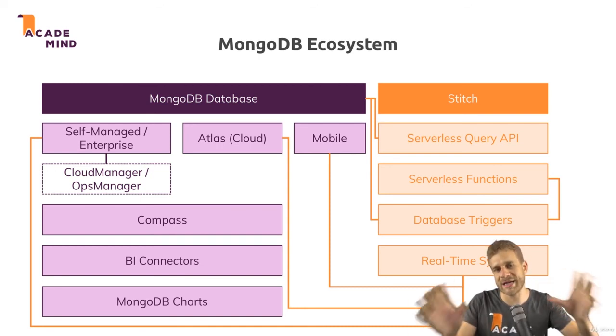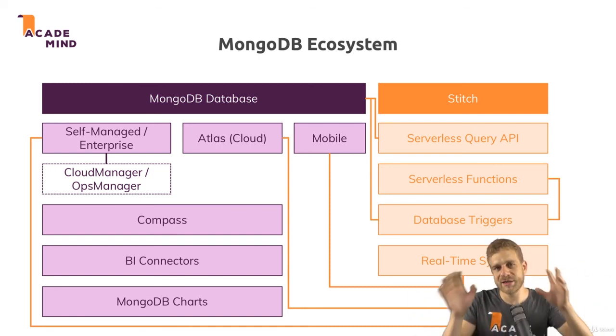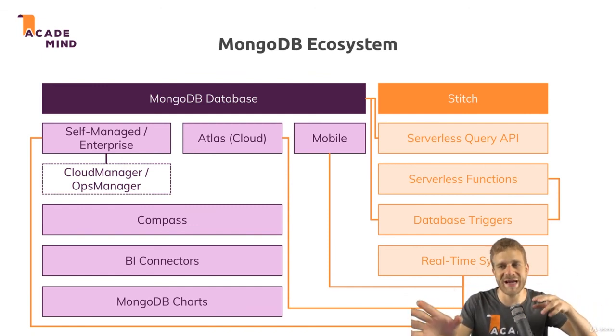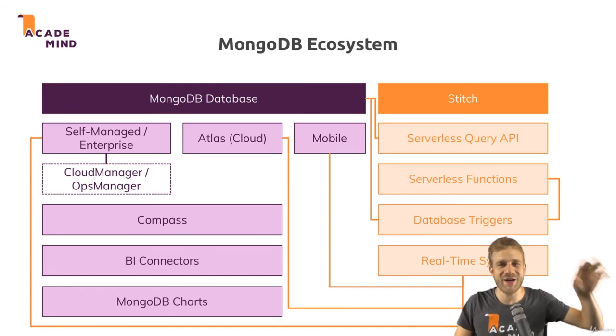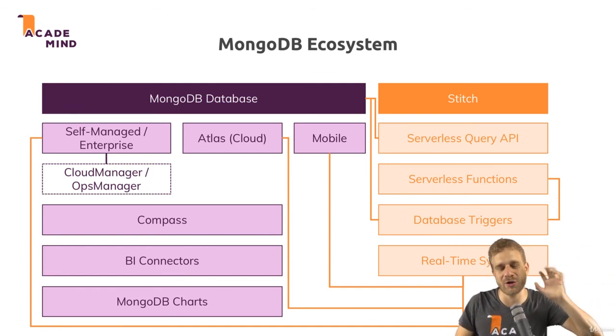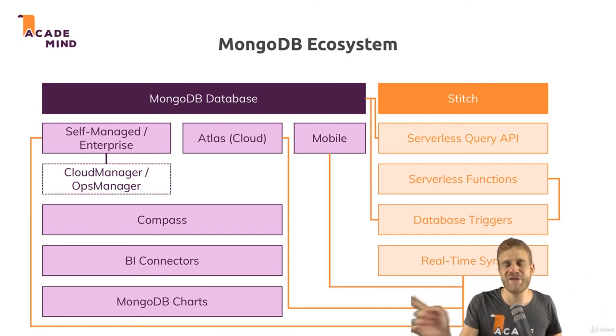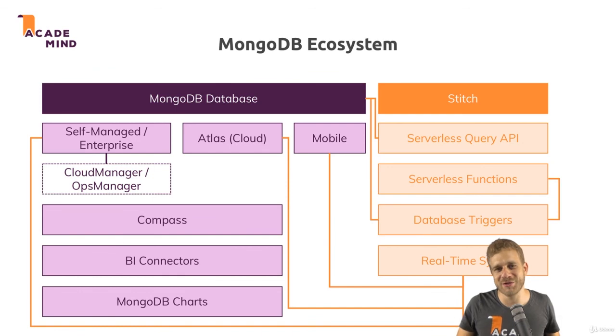This is the current snapshot of their ecosystem. The focus of this course is on the MongoDB database, which we'll use locally and in the cloud with Atlas, and how you can work with that, how you can use CRUD operations, how you can retrieve your data efficiently, and all of that. But I will also dive into Compass, I will also dive into the Stitch world and introduce you to that in this course.